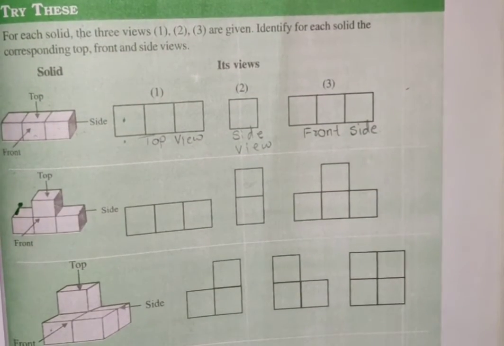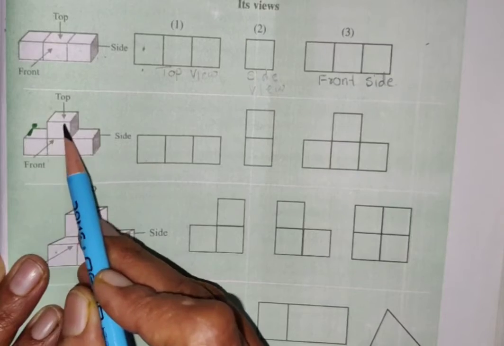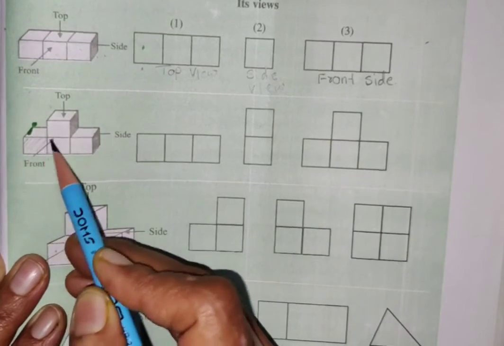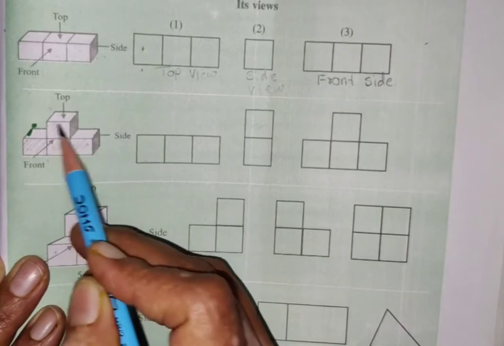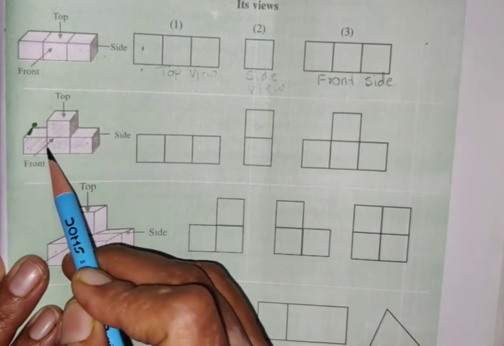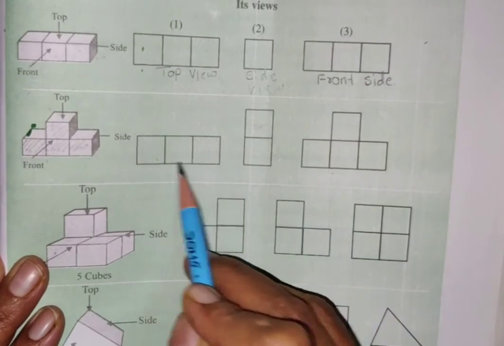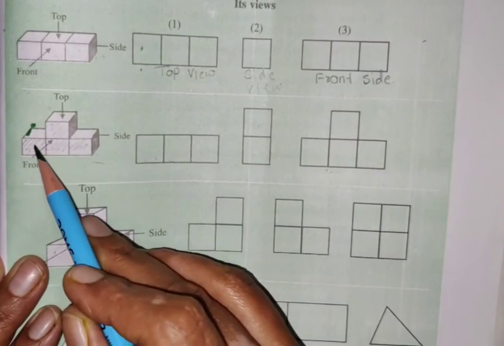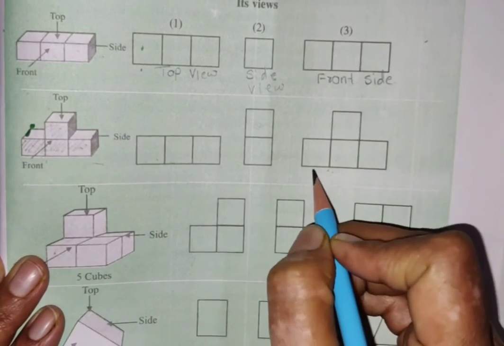Okay students, now look here. You have another figure. When you watch it only from this side, the front side, only this one could be seen: the three boxes here and one box above. So among these shapes drawn here, which one is front side? 1, 2, 3 and 4, right? So we are going to write it here,